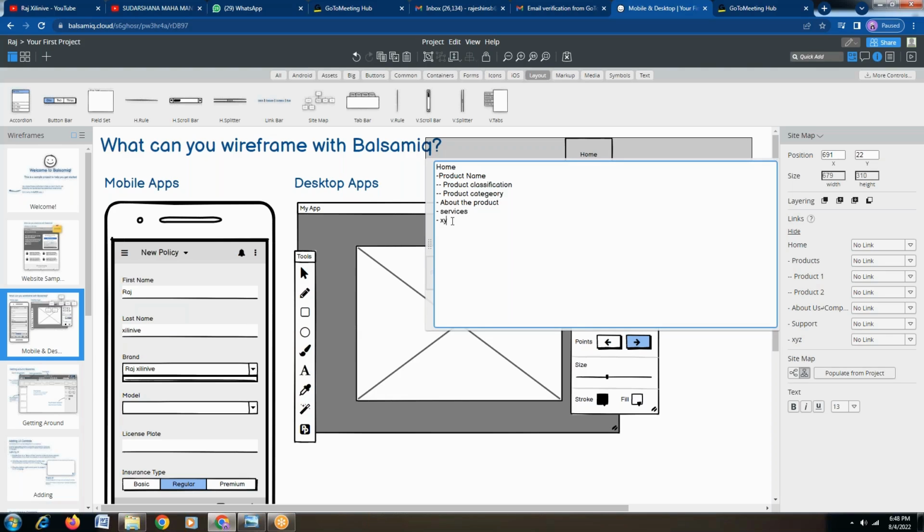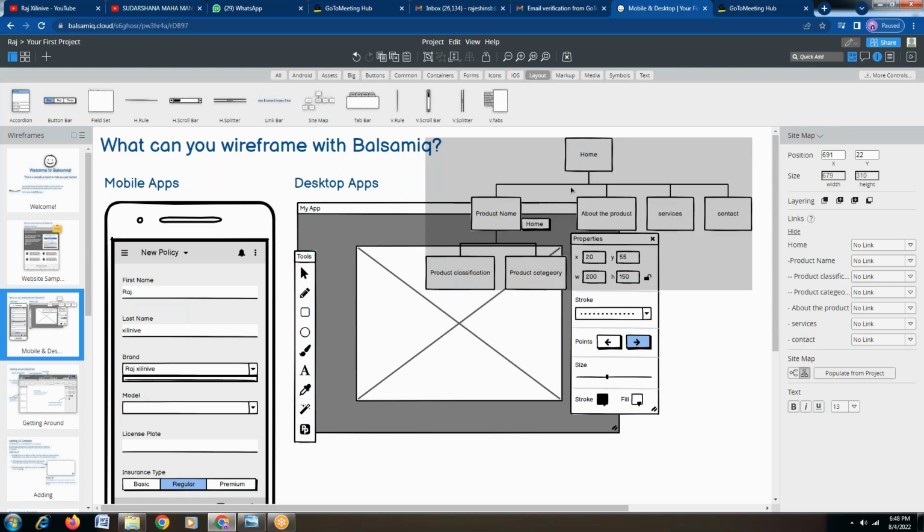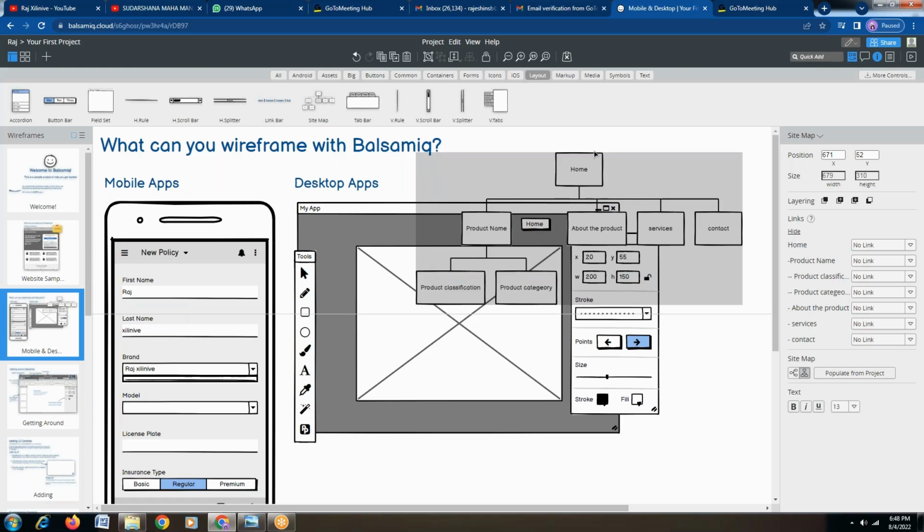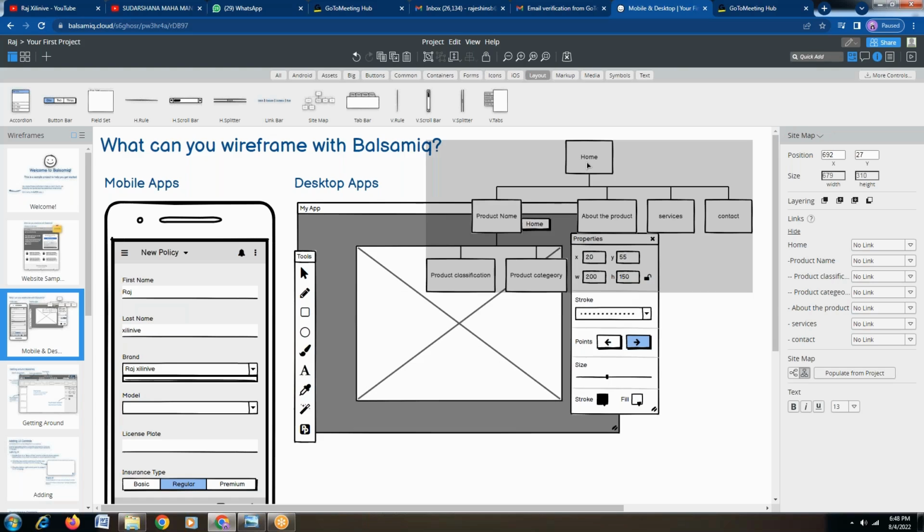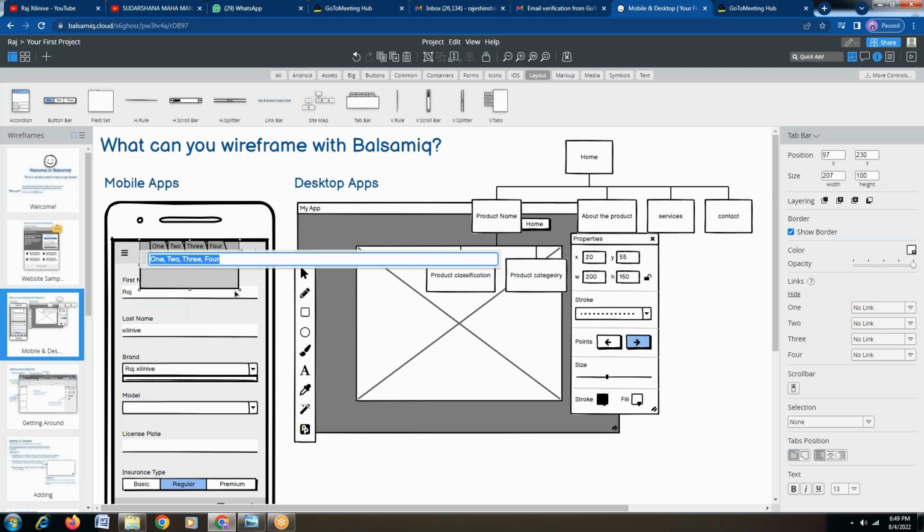Next, contact. For example, if you have taken this, just simply click on it so that you can see whatever sitemap we have created. In this sitemap, whatever changes are required, the sitemap creation, everything we have prepared. At the same time, we can create even tab bars here, whatever tabs we want to create, and how do we create it? Where do we require to establish these tab bars?